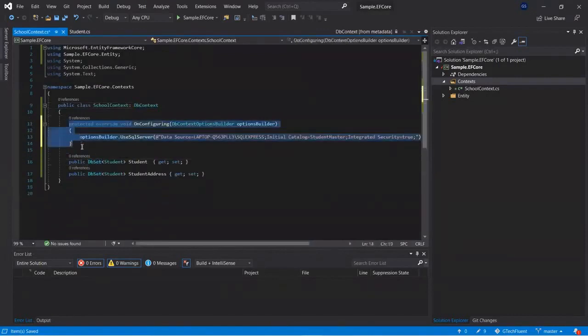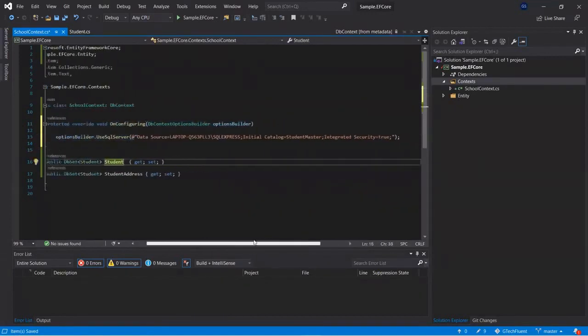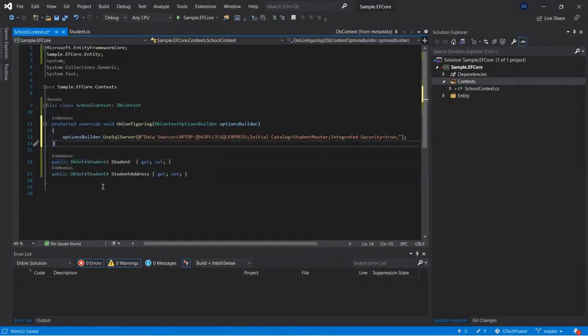Here we have overridden the OnConfiguring method of the DbContext class. While configuring, we have provided our connection string where our database is located. As we are using SQL Server, we need to use SQL Server and provide the connection string for our database. So now we are ready with the DbContext, configuring our connection string and the entities.